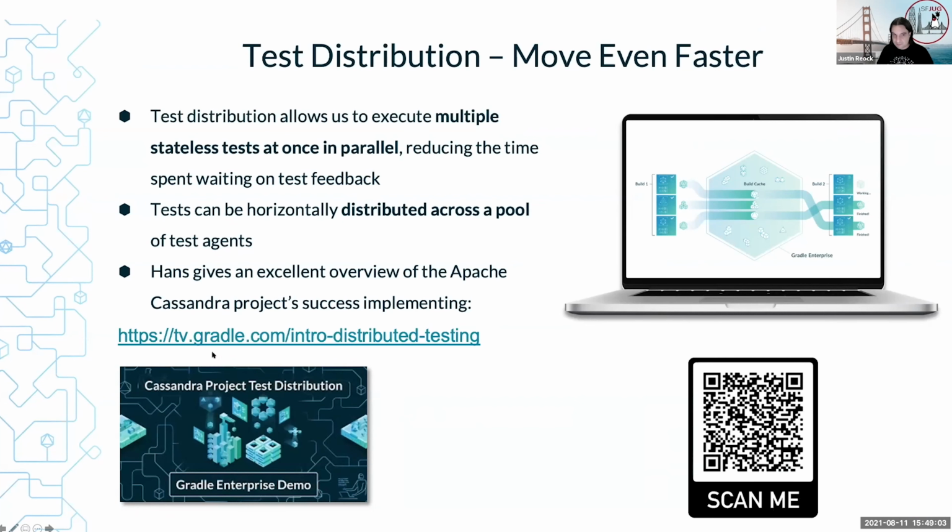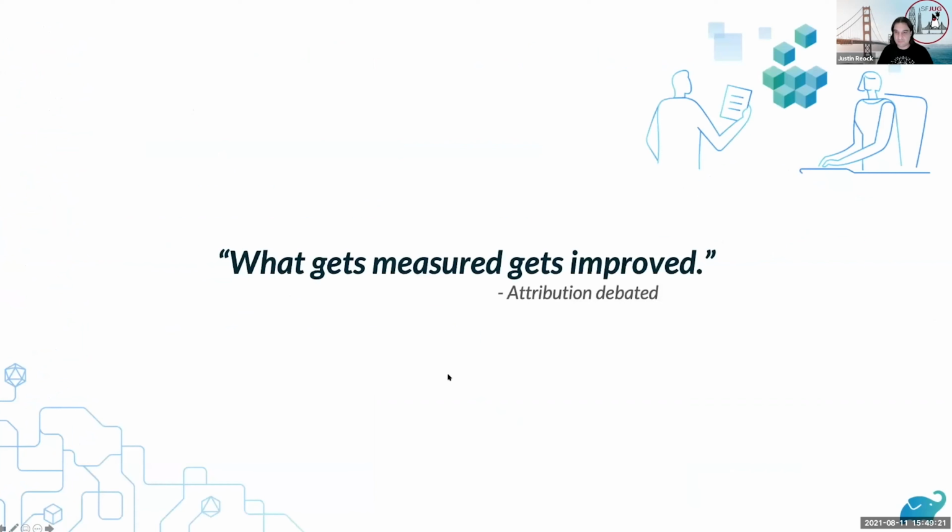And this really goes into how the Apache Cassandra project uses test distribution to speed up their test cycles and the speed at which they get feedback back from their builds. Really well put together video that talks just about how it works, how it works with Kubernetes to do elastic auto scale and all that stuff. So very, very interesting